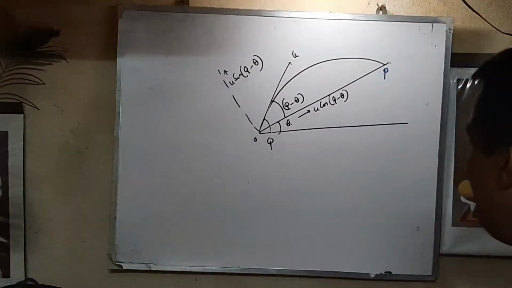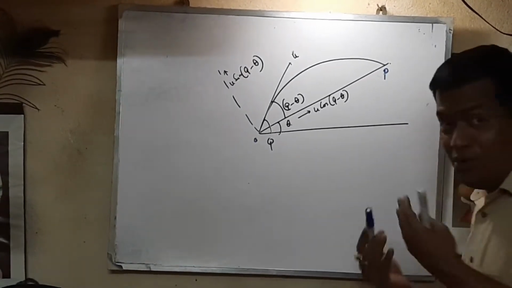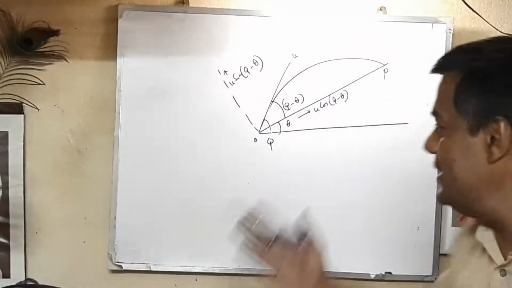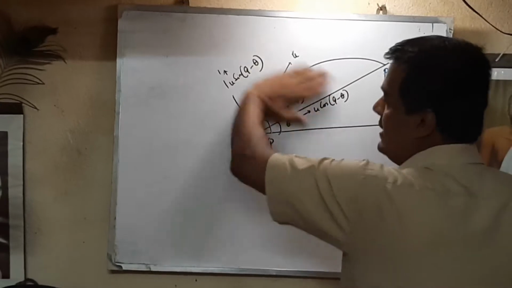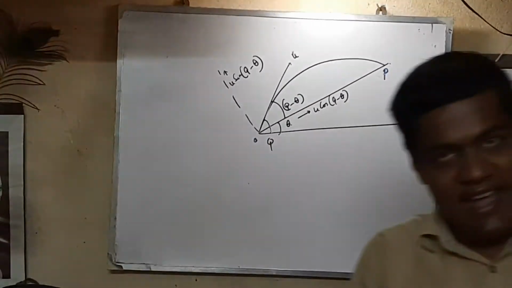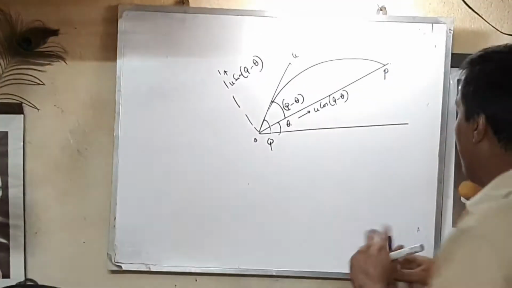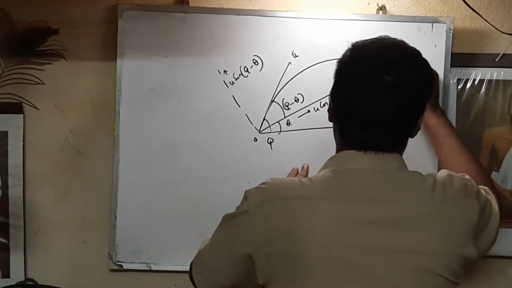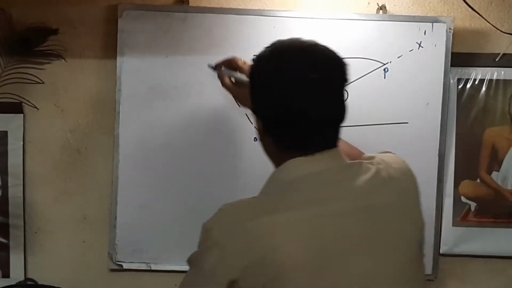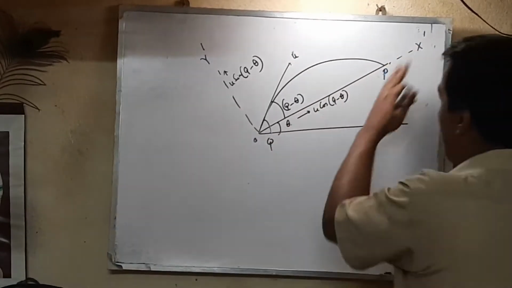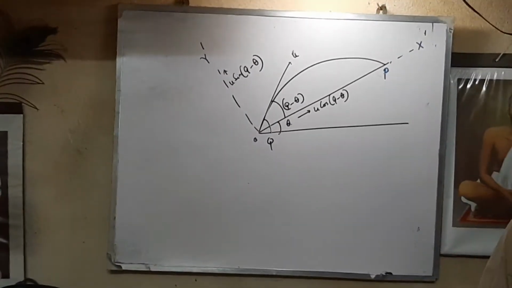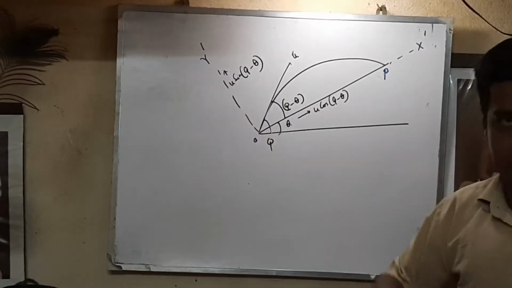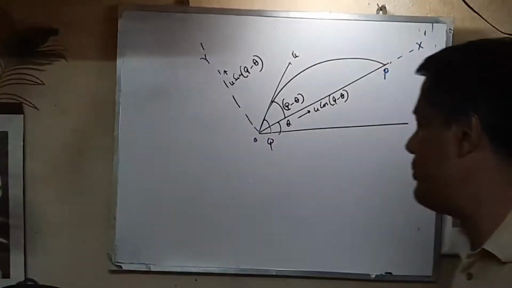Now, I want to restrict the motion, or consider the motion, not in the conventional plane, not in this plane, but in that plane. That is, your conventional xy plane has somehow been rotated by some angle theta. I want to consider the motion of the projectile in the x dash o y dash plane. It will facilitate the problem. It will ease the problem.